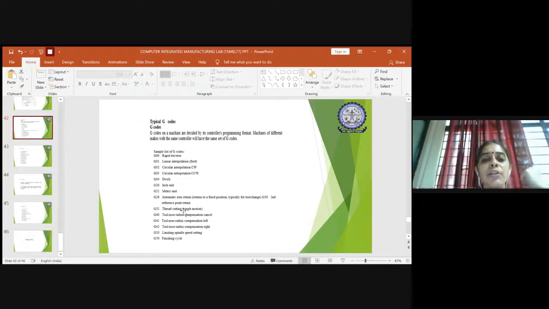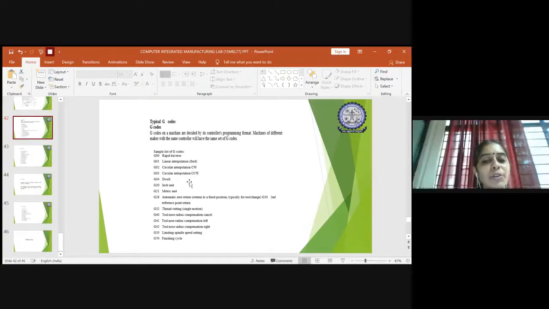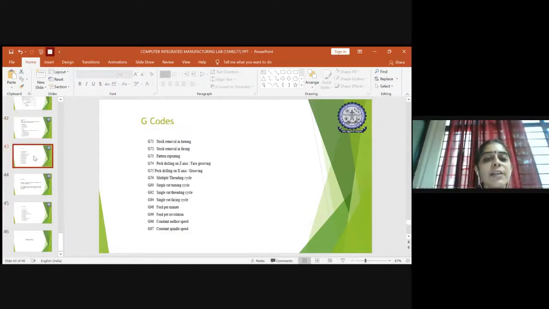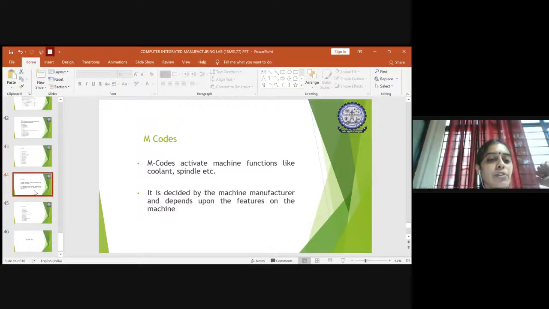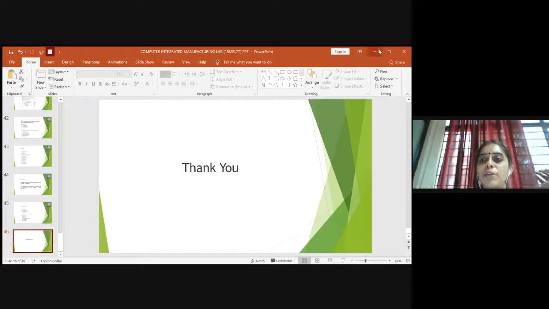You have many G codes, like G00 is for rapid travel, G01... Ma'am, we'll do this in the next class, because we can remember it better. Yes, that's what I told you. If I tell you now, it will go over your head. We have to go in depth with the syntax of G codes and M codes in the next class, in a different slide. So for right now, I will stop here. If you have any doubts, feel free to ask.